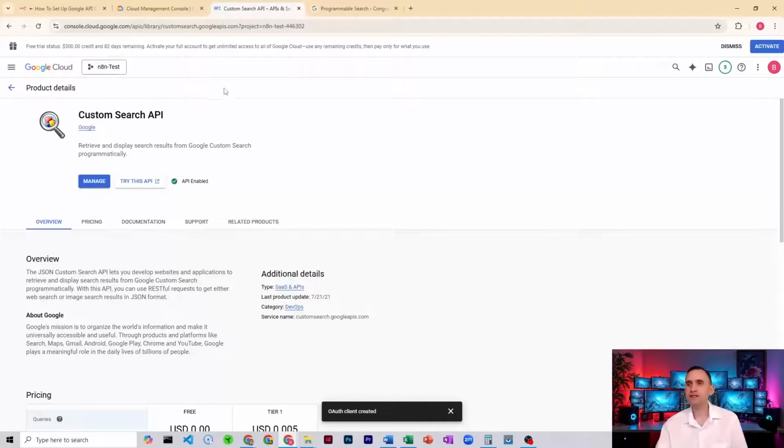This is one of the ones that Google does not let you get away with just having a free account. They do require you to set up payment, and I'm not going to go through that process. I don't want to show you my credit card numbers. Pretty simple. You just set up your billing, and then once you're all done with your billing setup,